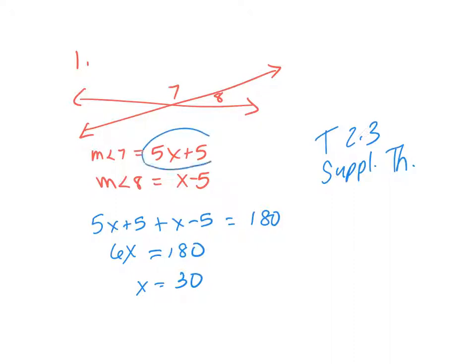So for 7, you're going to plug in 30. 5 times 30 is 150 plus 5 is 155. And 30 minus 5 is 25. Does that make sense? What is 155 plus 25? 180. Right. So it makes sense because they're a linear